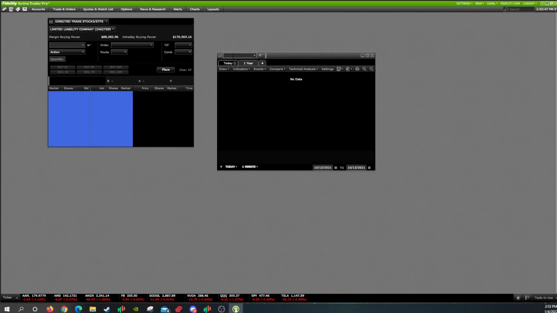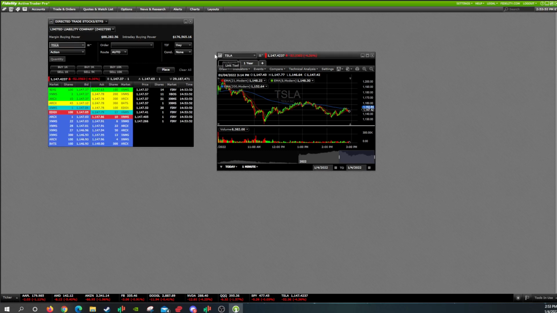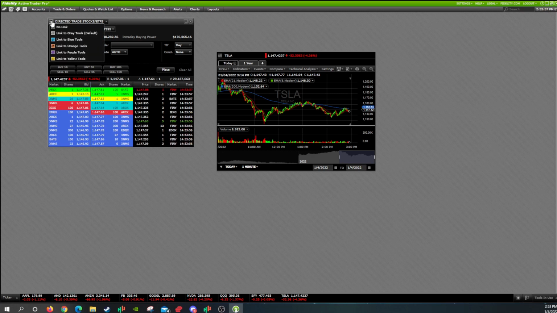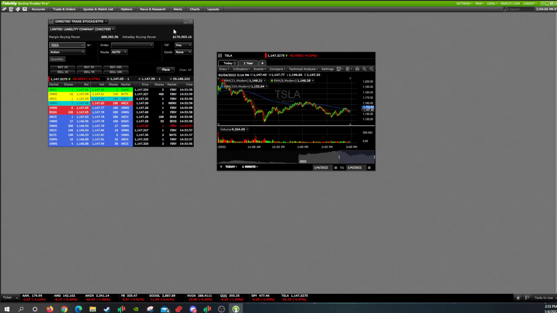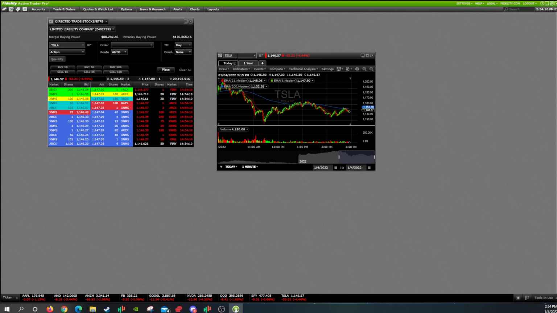Let's type in Tesla. It's a name we trade very regularly. So you don't have to type it in both. The first thing you need to do is make sure that everything that you open up is linked. Click on this up at the top and click link. Now they're both blank, so let's just type in Tesla again. And now when we change them,